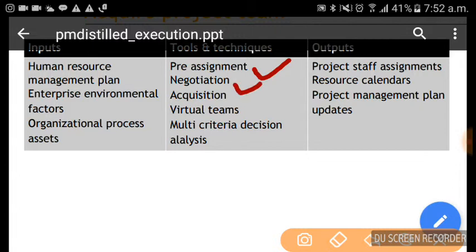Negotiation is about negotiating about the joining time, salary, and all those things. Acquisition for a specific skill set, sometimes we can even go and acquire a company which has that skill set. When you say virtual teams, it is about distributed teams.